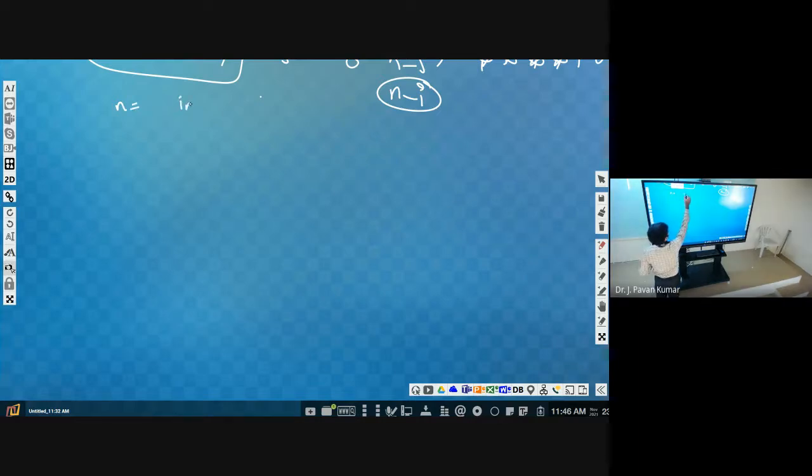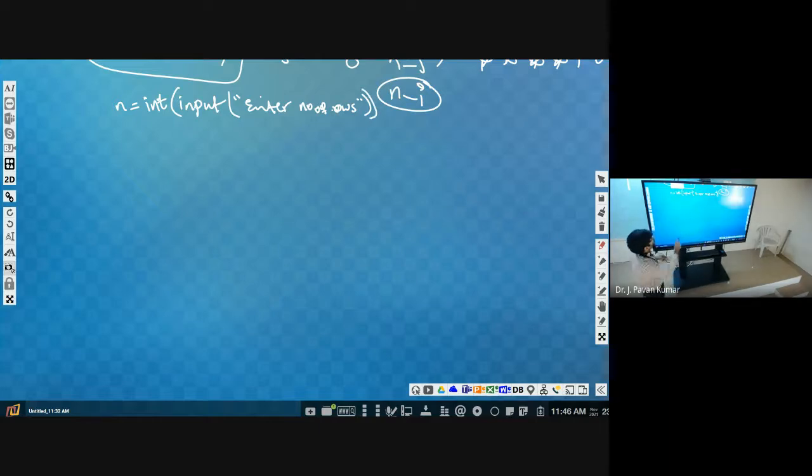How can we take input? By using the input function, right? Input, enter number of rows. Like that, you type some appropriate message. And the number of rows, by default, it will be considered as a string, but we have to convert that into an integer. That's why we will be using the int function.